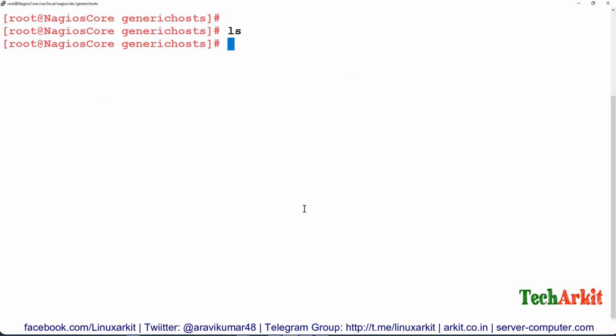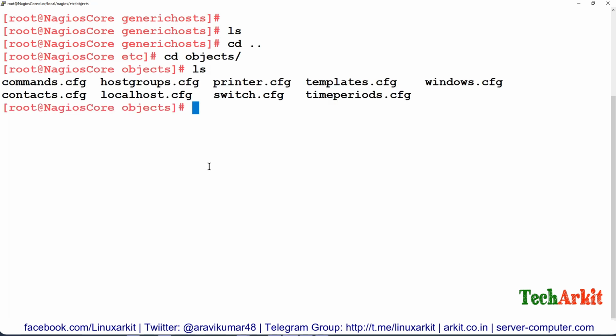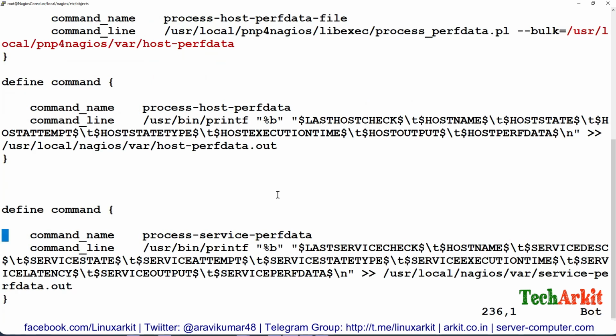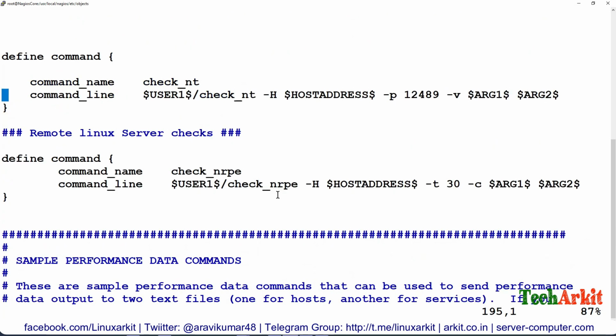Before that we have to create the command. So we just go to the commands.cfg file and create the command first. Now go back to the objects, and you can see that we edit this commands.cfg file and go all the way down, and here we have to add the check. So maybe I will add it here,